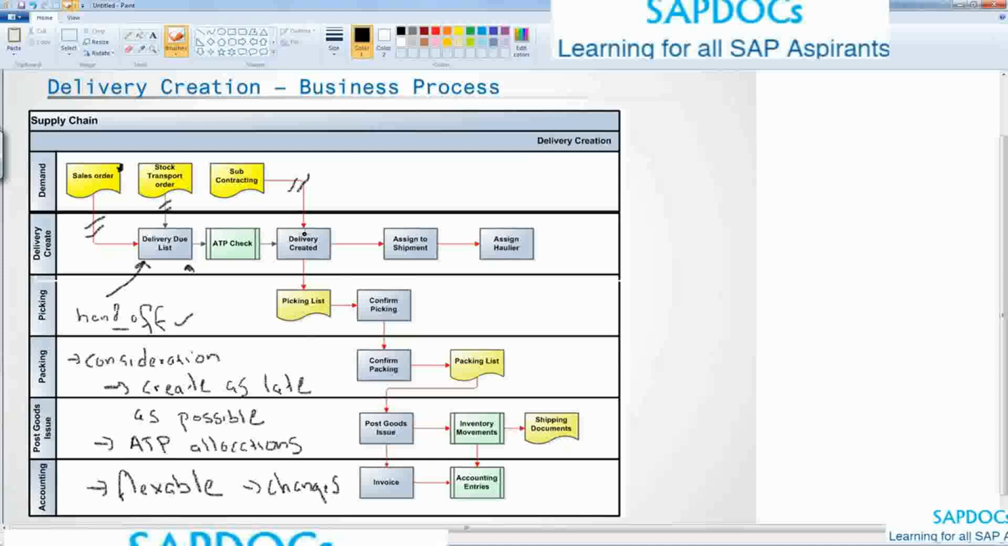We'll also see in the next lectures how the subcontracting is actually not created via the standard SAP due list, it's via a different transaction. Now, in this video, we will not be seeing how we create a delivery via subcontracting in detail. There is a separate video for the subcontracting process itself. But for now, we're going to look at the sales order and the stock transport orders and how we create deliveries via the delivery due list. As I mentioned before, the subcontracting obviously is a different transaction,